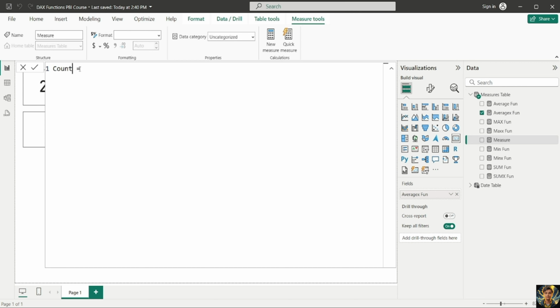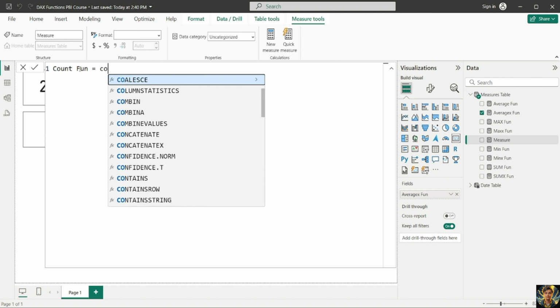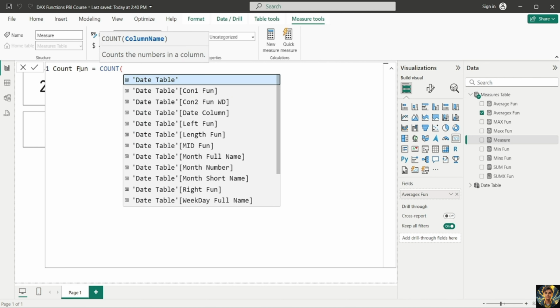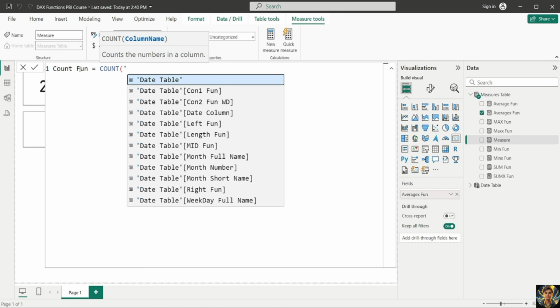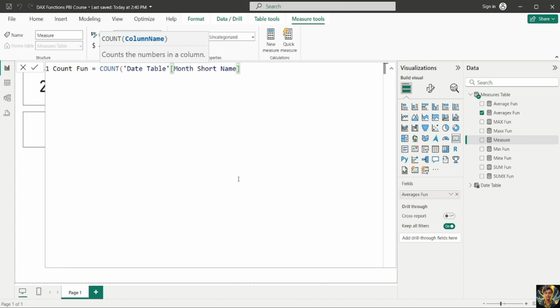Count function, let's say we want to count values in, let's say, the month short name column. So we can simply use the COUNT function. We can write COUNT, press tab key, and then simply provide the name of the column, so single quote, and then you can simply choose from here. So month short name is the column that we want to select, close the bracket, press enter,